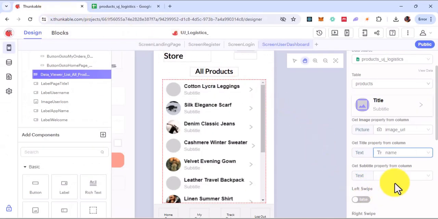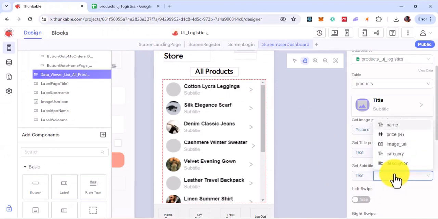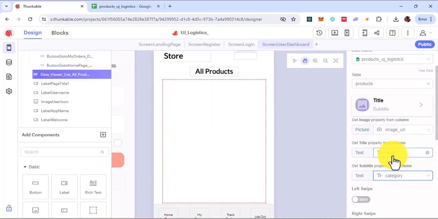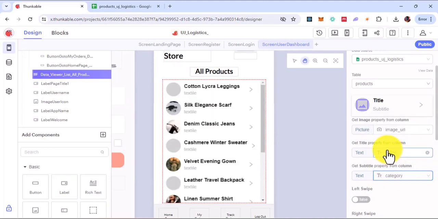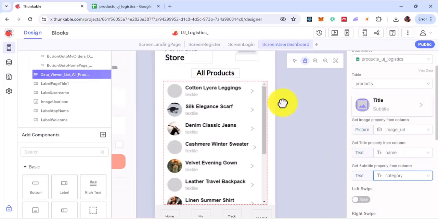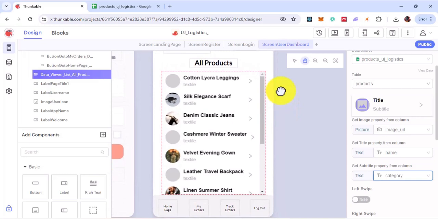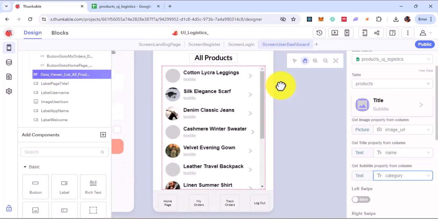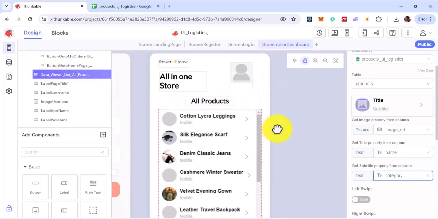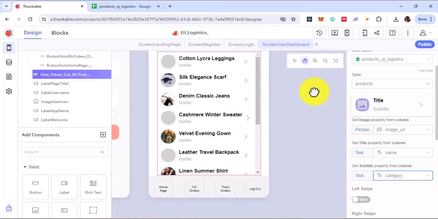So then we go with the subtitle. The subtitle can be maybe the category, depends on you, the category. So now with that, we can see that we have been able to successfully connect our Thunkable to Excel. This can apply to you in different use cases, and this is what you have. So now that you have been able